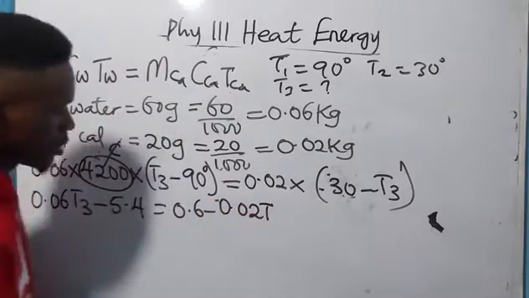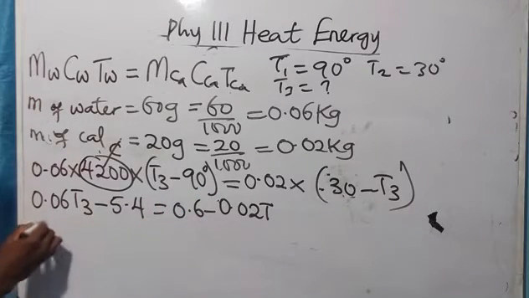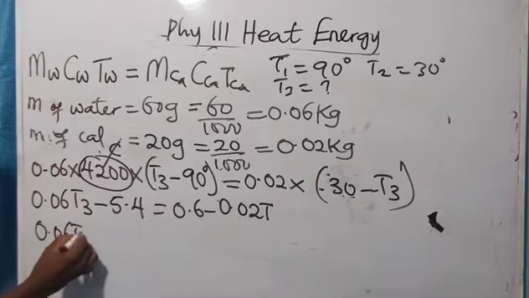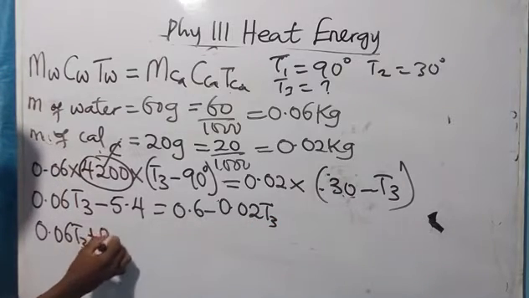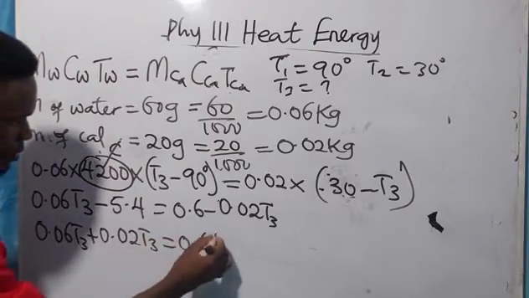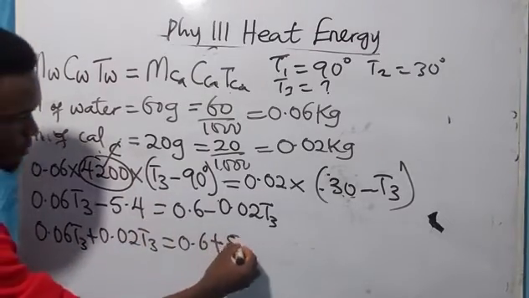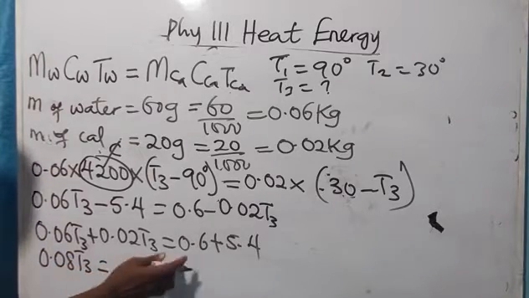0.02 T. Alright, so we have to collect like terms. In doing that, it becomes 0.06 T3 plus 0.02 T3 equals 0.6 plus 5.4. Alright, so let's take it: 0.06 plus 0.02 equals 0.08 T3 equals, then